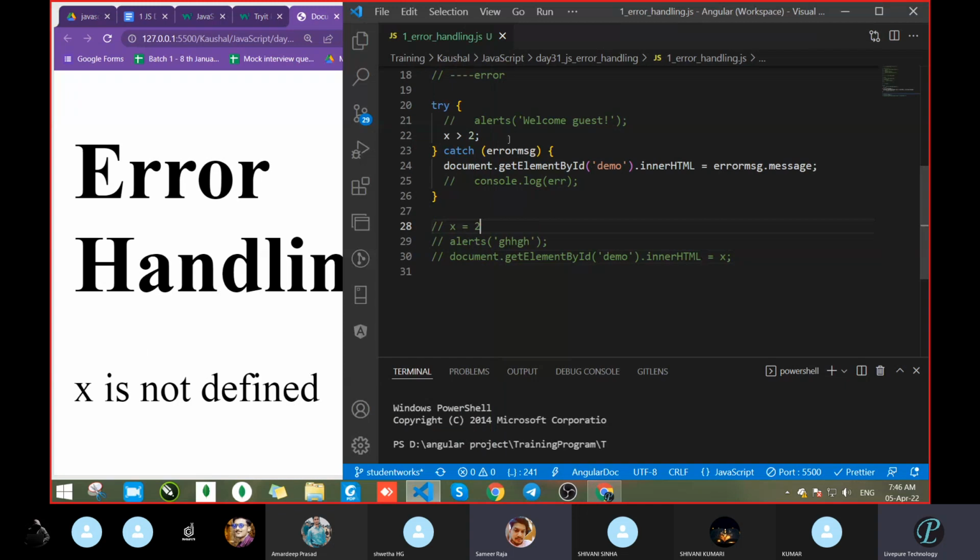Means not only alert, sir, that you can. Yeah, sir, it would be better if we show this alert message in the UI. Which message? See, that message is not there. Now we are learning how we will get the error message. Once you get this, you will customize it and you will give proper information to the user.